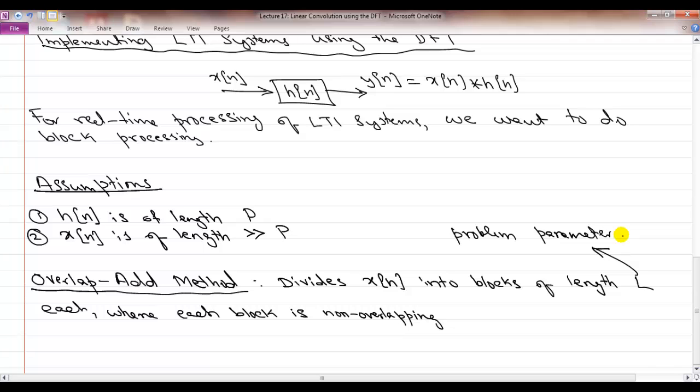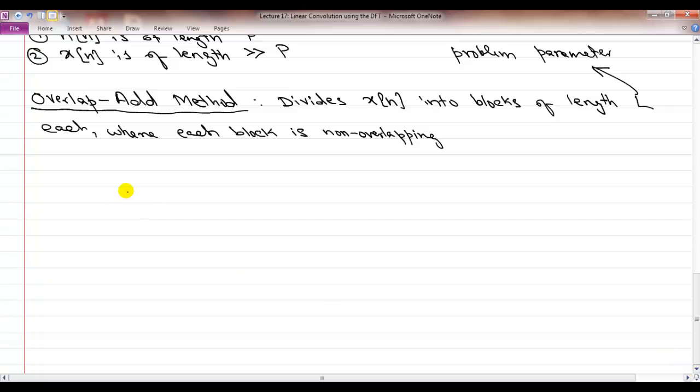Okay. So you divide this into chunks and you write each chunk as x_r[n]. So you can write your x[n] as a sum over r equal to 0 to infinity. We are going to assume that every signal is going to start only at time 0. So it starts from 0. It could be an infinite length signal, x_r[n minus rL]. Okay, where this is one block